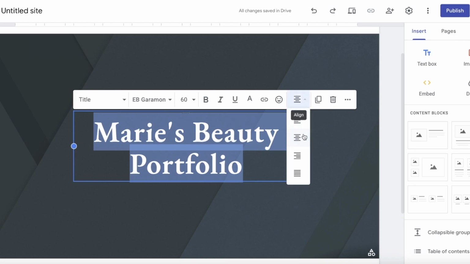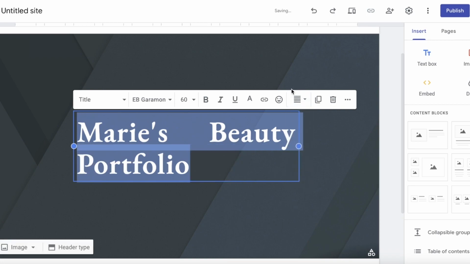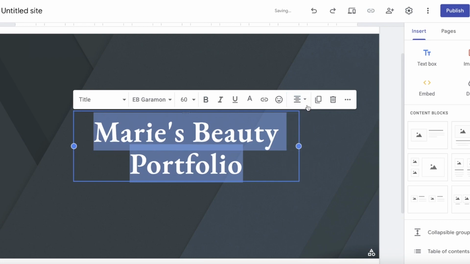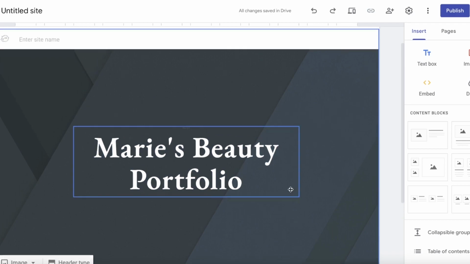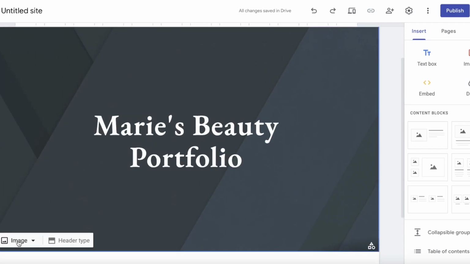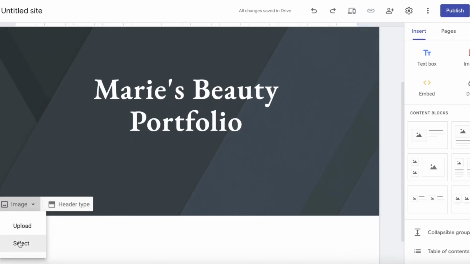And then you also have your alignment options. So you can choose the alignment that you prefer. And then you have duplication options, and you can click on more to add indents, lines and spacing, strike throughs, highlighting, and clear formatting. Now, once you've added your header, you can click on image over here